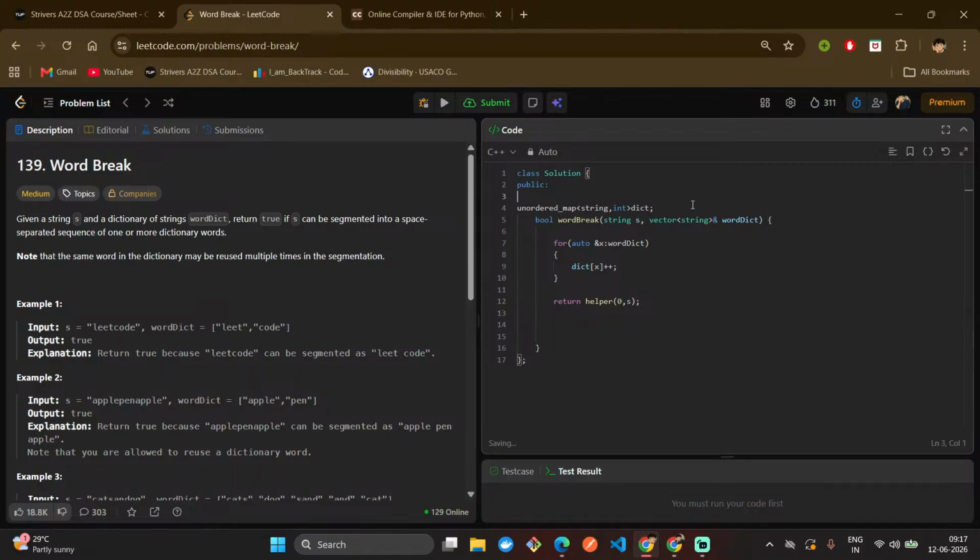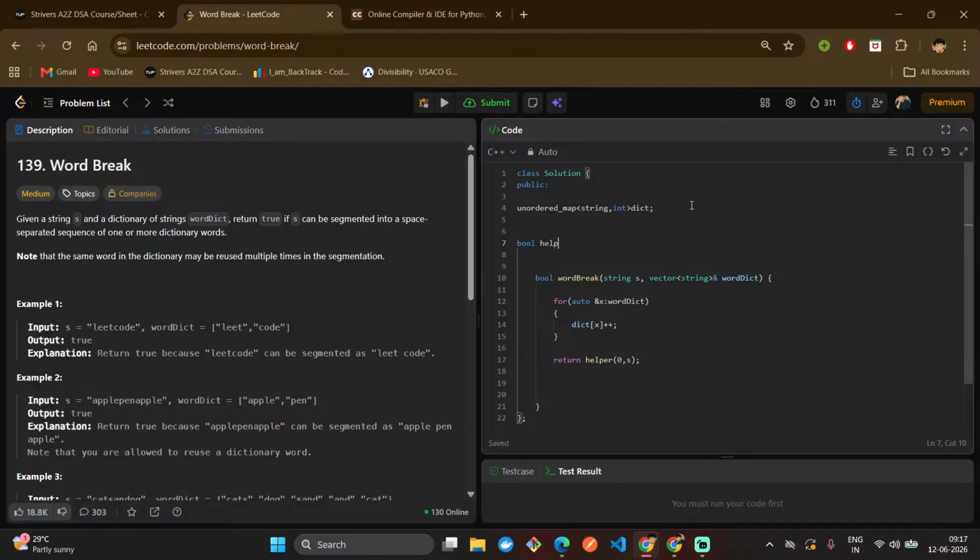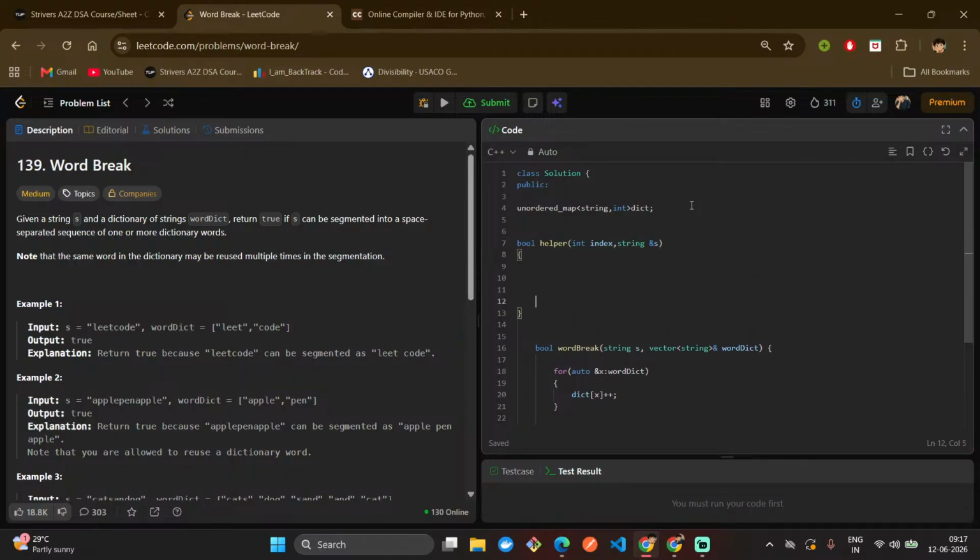And just build the helper function. We have index 1, index, and the string s, right? What this question suggests, how can we approach this one? So